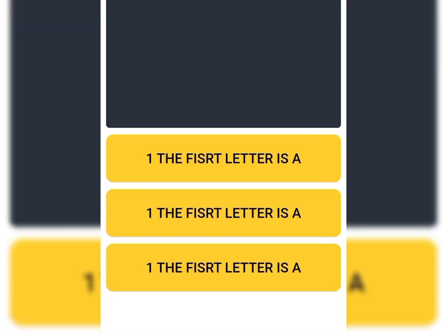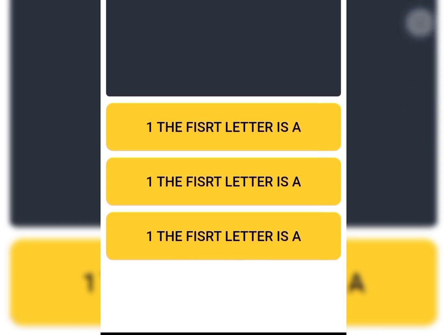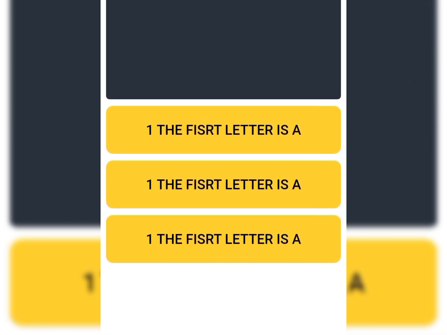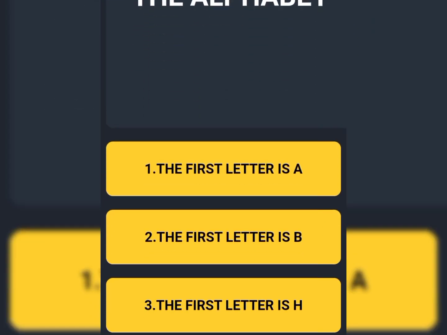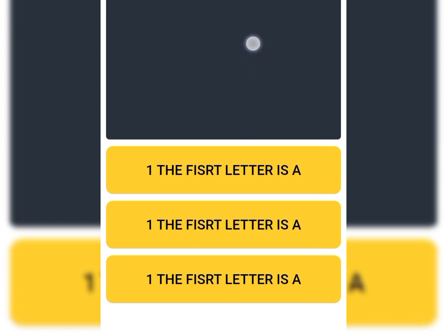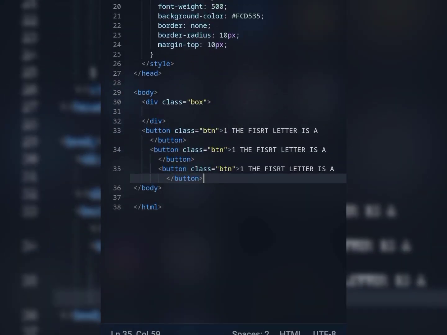Okay, so let's run this, and we see we have 3 buttons. So at this point, let's just compare this with our final design and check if they actually correspond. Okay, so yep, and let's check our design, and yep, so I noticed that our button is a bit smaller than what we have. So I'm gonna go over here and increase the button size,